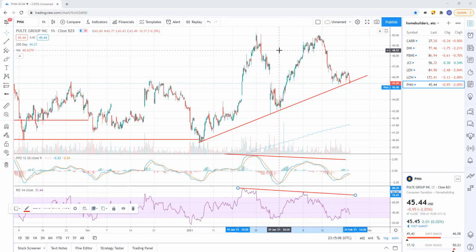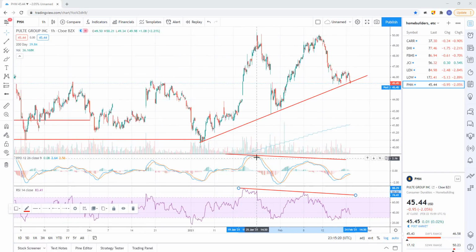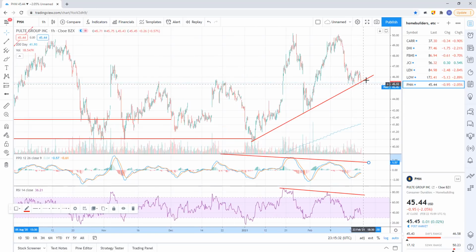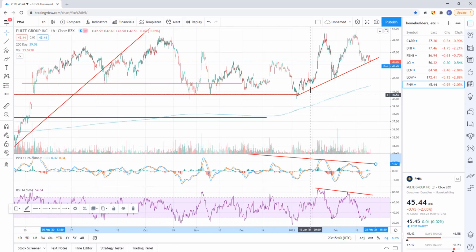Okay, and I'll just wrap up with this one. Pulte Homes, PHM, uptrend. You have an upward trend line right here, and we're just starting to crack that right there. We have negative divergence across the PPO and the RSI, and that remains intact. So this was a divergent high, and we now are looking for this trend to break. If this trend breaks here, which you can see it's just starting to crack it, we'll see what tomorrow brings. But if that breaks, then I think it's very likely that we are heading down to gap fill right there